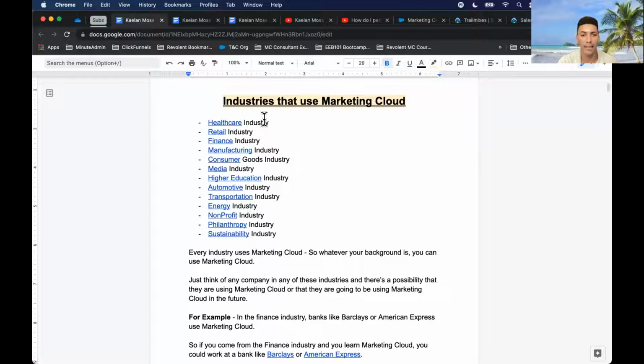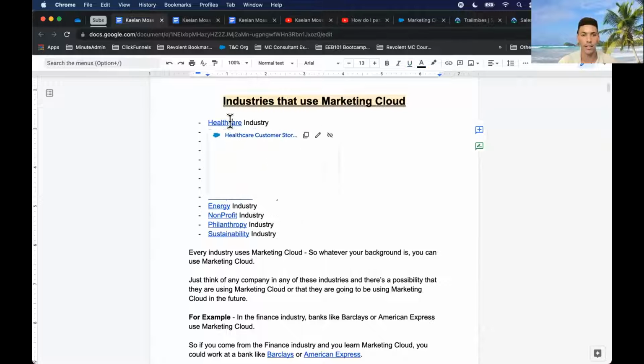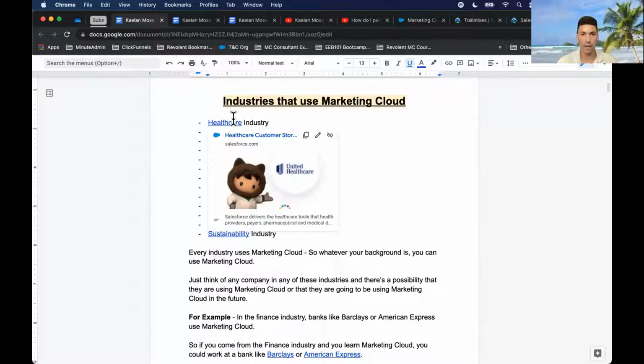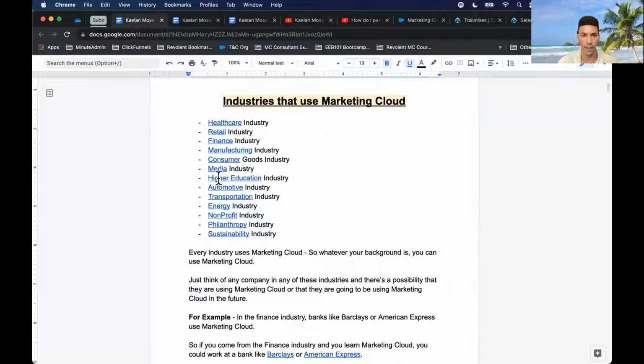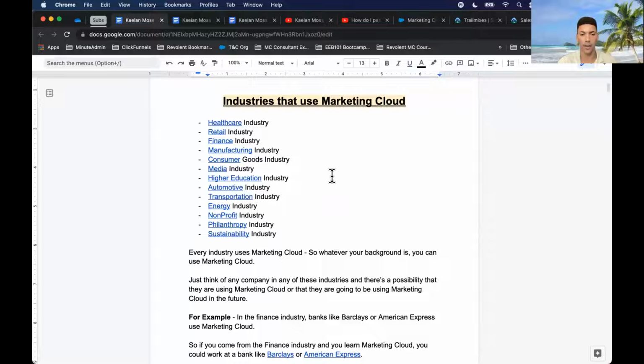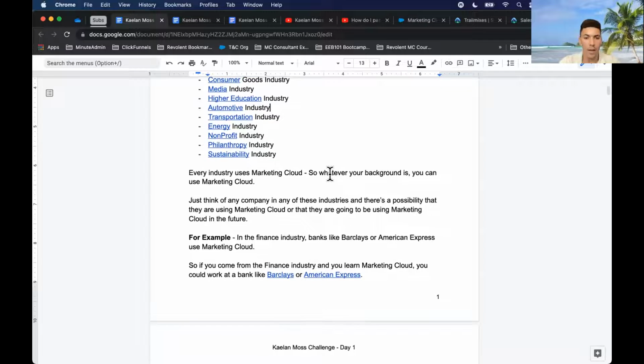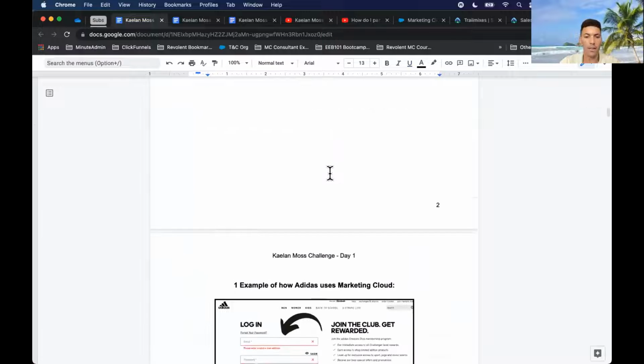And in this PDF document that I can share with everybody, I actually have clickable links, so you can see some examples of companies in the healthcare industry that are using Marketing Cloud, companies in higher education, manufacturing, and finance that are all using Marketing Cloud. But I'm not going to delve into that in too much detail right now. After this, I can share the link to this document and other documents with you, and have those automatically sent over to you. But I just want to go into another few sets of questions that I have here.